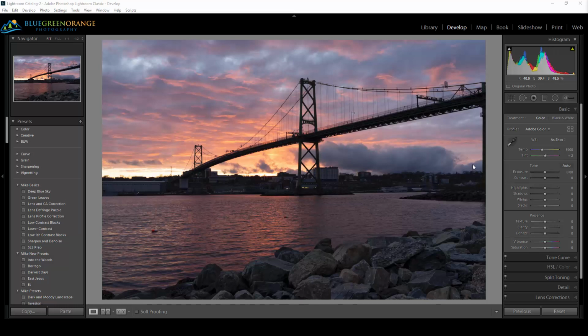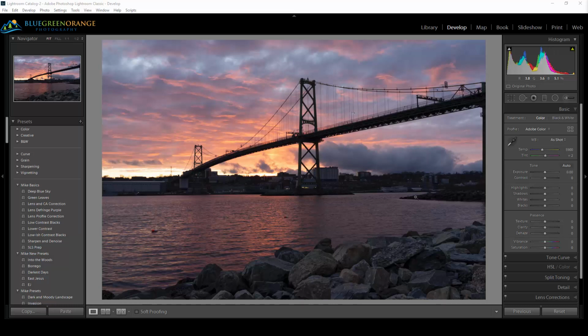Hey, in this video we're going to talk about three great tools that Lightroom gives us to make selective edits to our photos. When you first start out post-processing images, you tend to focus on the whole photo. You make big sweeping changes across the entire frame. As you get a little more seasoned though, your edits start to get a little bit more refined. Instead of making these global changes, you start making certain edits to only parts of the image independent of the